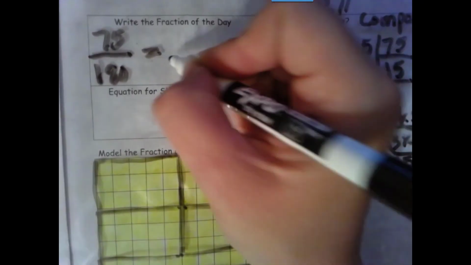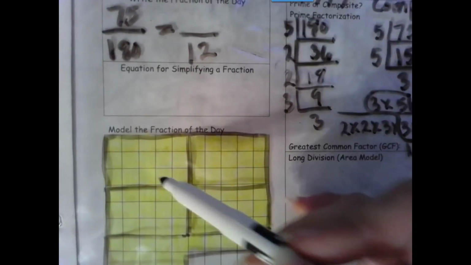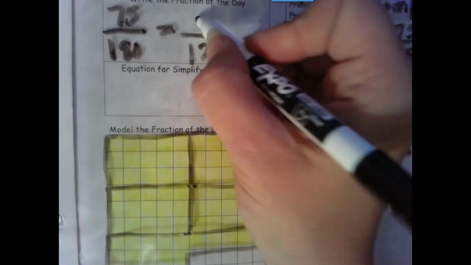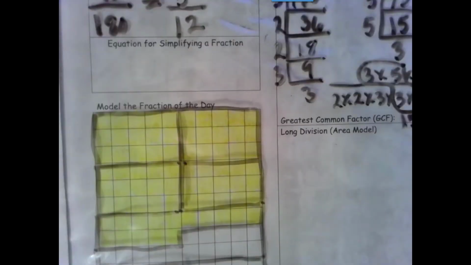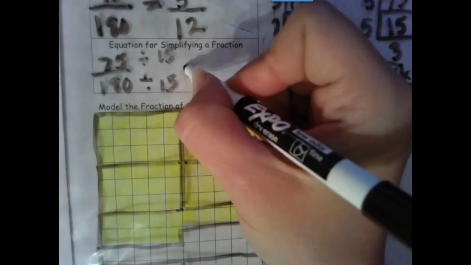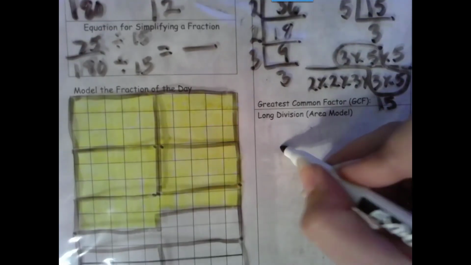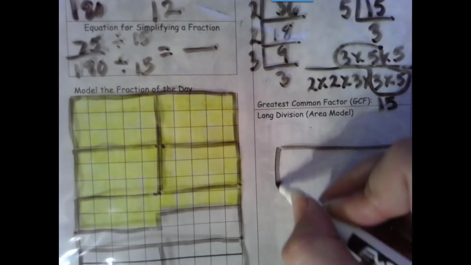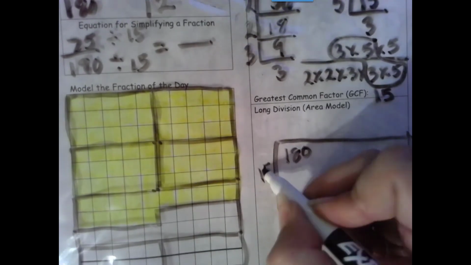Alright, so now I have all my groups of 15. I'm going to count them up to see my total amount. 1, 2, 3, 4, 5, 6, 7, 8, 9, 10, 11, 12. 12 groups of 15. And I have 1, 2, 3, 4, 5 shaded in. Okay, now that I've done my division with my model, let's go ahead and do the division with our algorithm. We're dividing into groups of 15. So 180 divided into groups of 15,